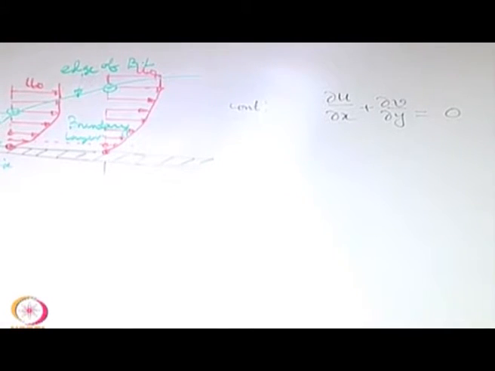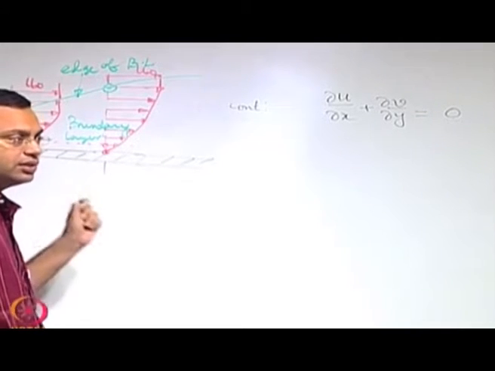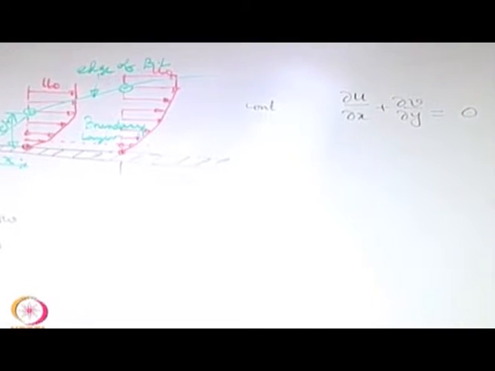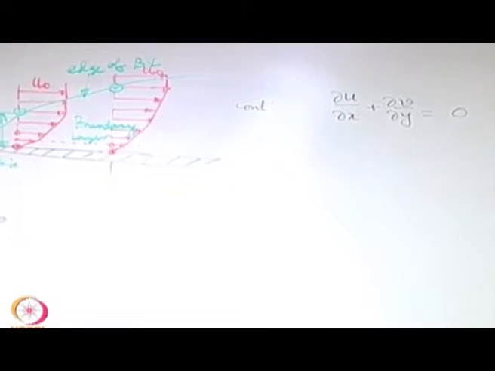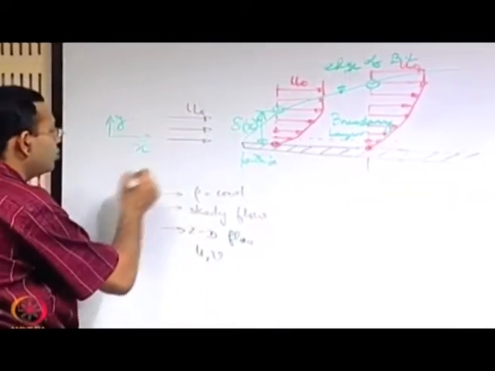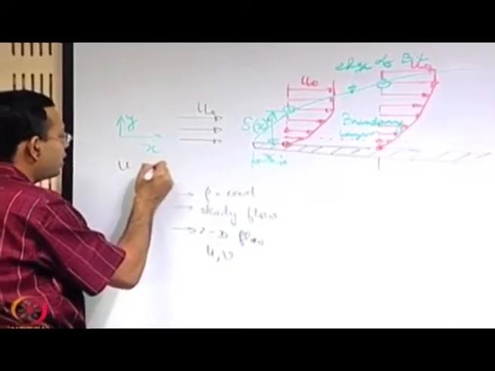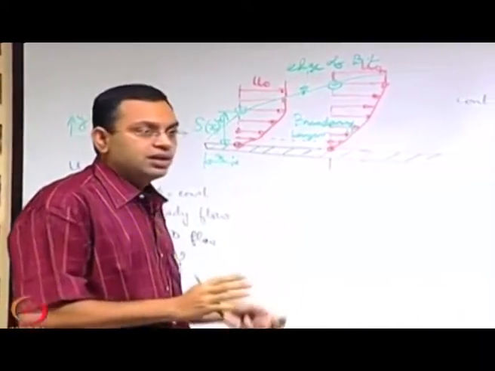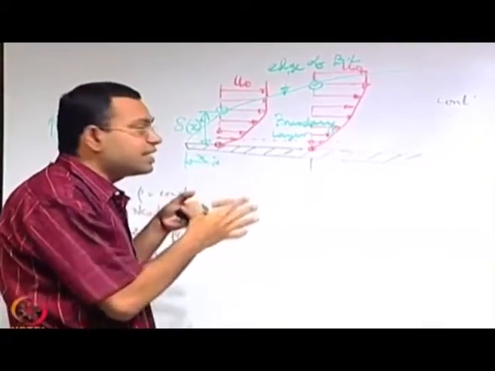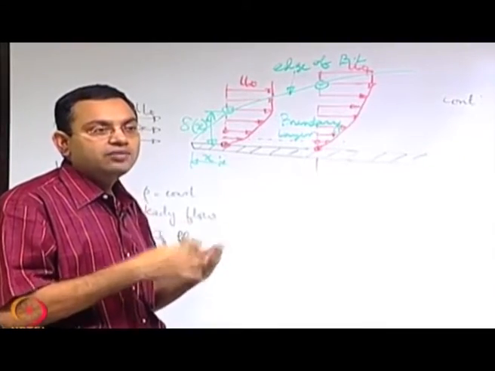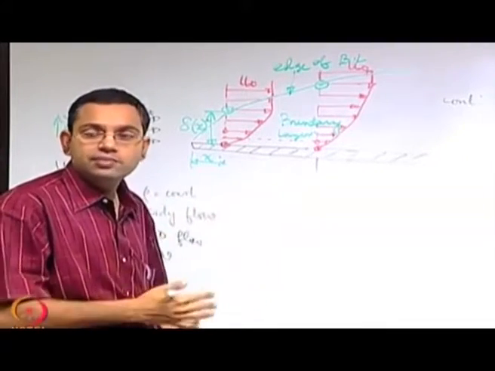Now, when you look into the continuity equation, what we are trying to guess from it, first of all, is a picture of the order of magnitudes of different quantities. That means what is the order of magnitude of u and what is the order of magnitude of v. This is very important because before getting into the exact quantification, order of magnitude will give us an idea of the range of values that these may take.